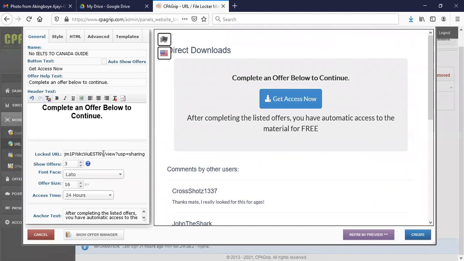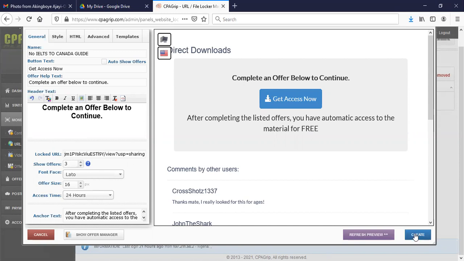That means the person cannot have access to this material until he or she completes the offer. Don't forget, people want this material, that's why they came here. And since they are not paying for it, it doesn't cost them anything to complete those offers. Once they complete the offer, they have access to the ebook or video, and you get paid for the offers that they have completed. That's how it works. Okay.